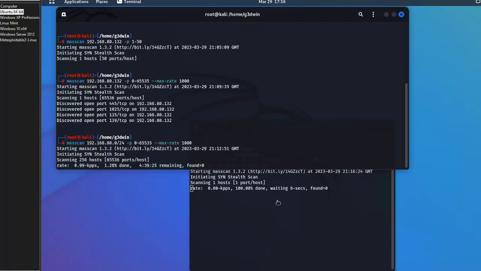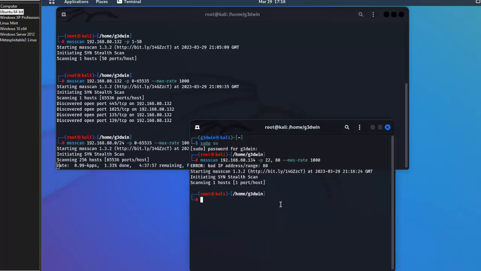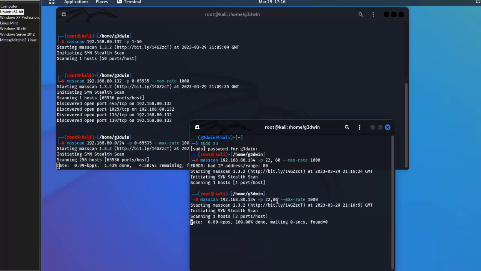So far this one still, it looks like it has a lot of trouble finding open ports. Oh look, it did something. Bad IP address range. Oh, you know what, I don't think I was supposed to do that. There we go. Sorry about that, I put a space here and it just didn't like it. It was telling me bad IP address range. So make sure that you look at that. Okay, see, it didn't